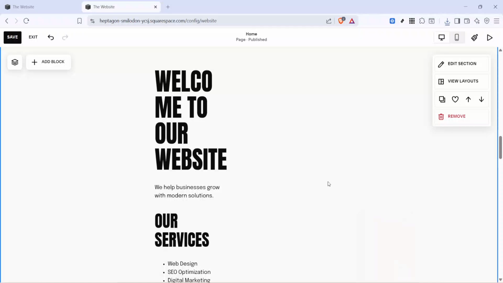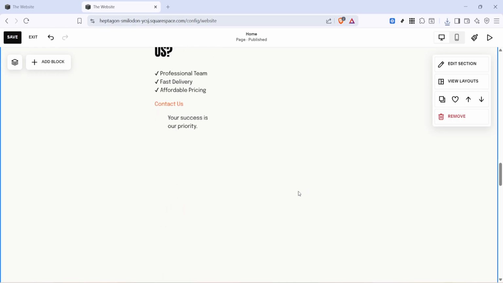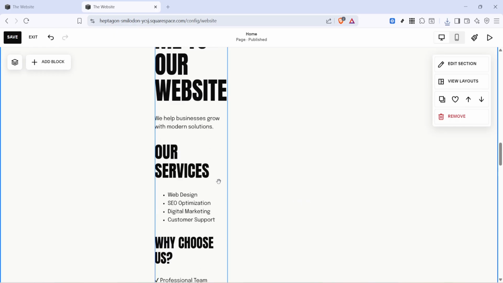In today's video, I'm going to teach you how to customize a markdown block in Squarespace. If you want to quickly adjust the formatting and content inside a markdown block, Squarespace makes the process pretty straightforward once you know where to click. In this walkthrough, I'll show you how to open the block, access the editor, and make text changes using basic